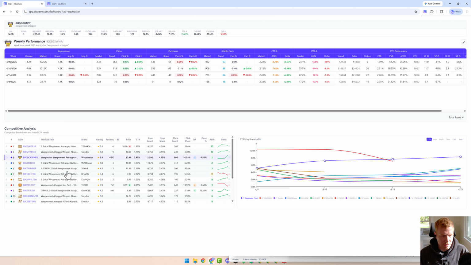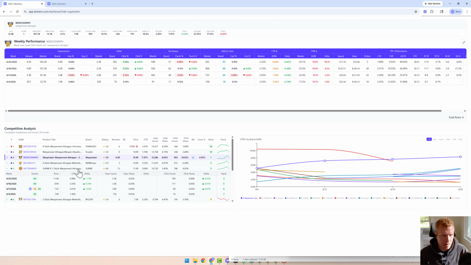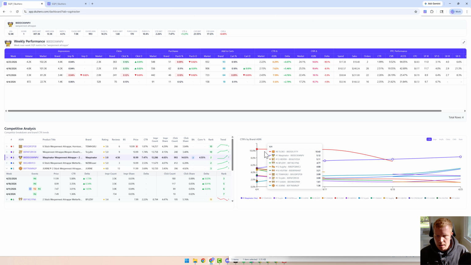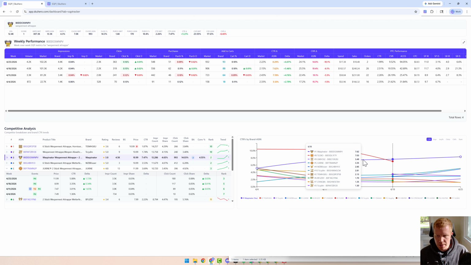So where this is powerful is if, say, you've got a competitor here that's really moved up and you want to see what's going on, you can expand their row here and see their weekly performance. So you can see like they've been changing their prices, they've changed their main image, their title. So they're doing stuff to really try to improve their rankings. And then over here on the right, you can toggle between the different metrics here. So you got rank as well, click-through rate,